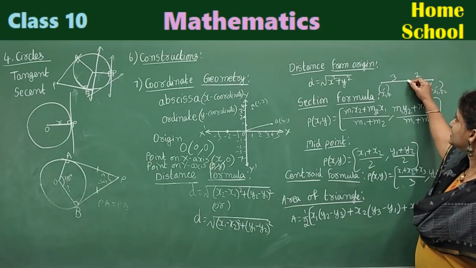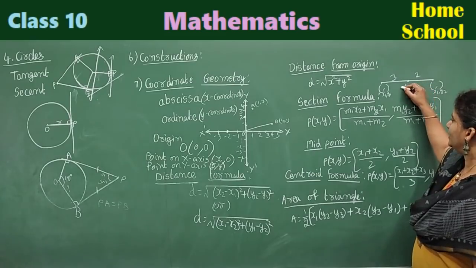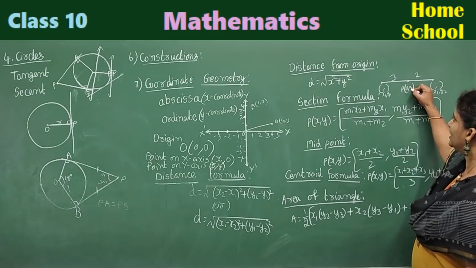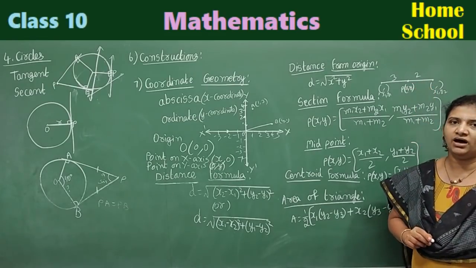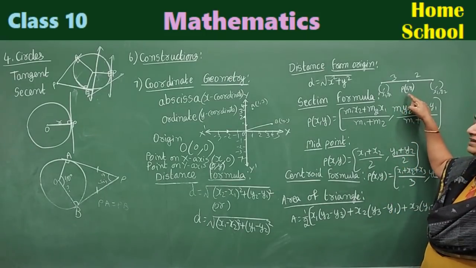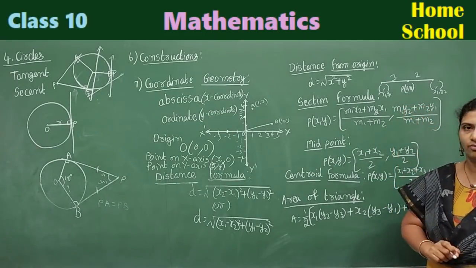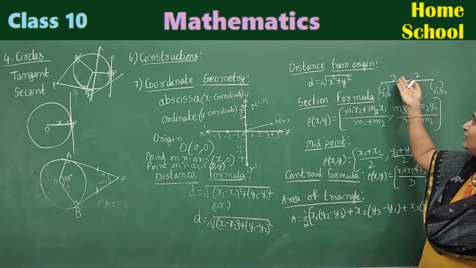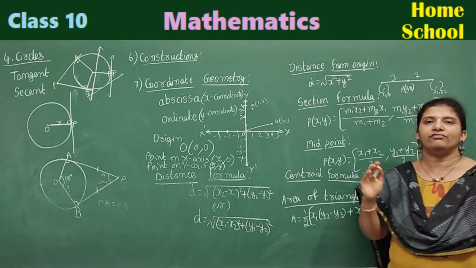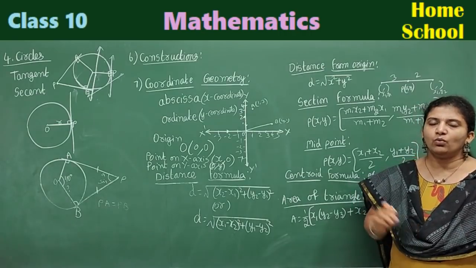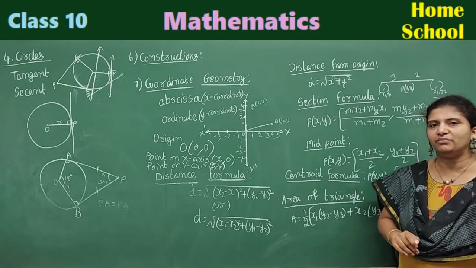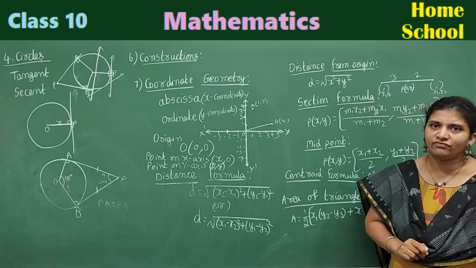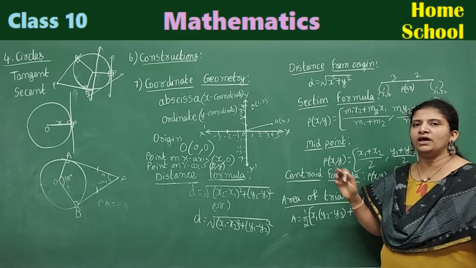And what is the coordinate? What is the new coordinate? I may write it as P(x, y). In order to find this coordinate, we use this formula. Or suppose you know the coordinate, you need to find the division of ratio. Okay, what is the ratio it is divided in? Again, you may use the same formula. So, what is the formula?